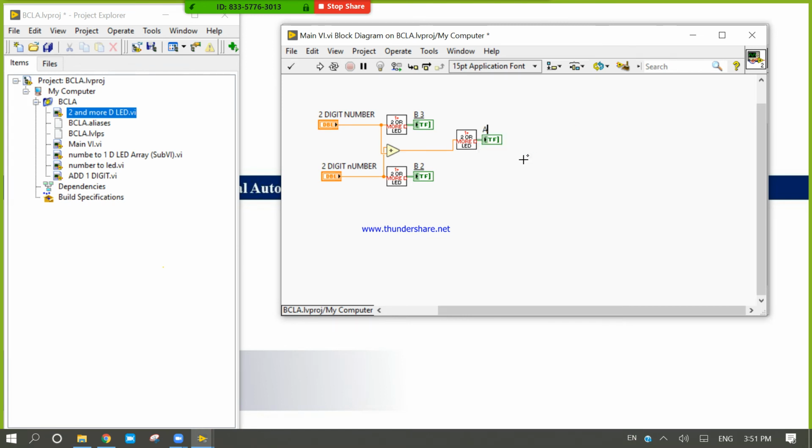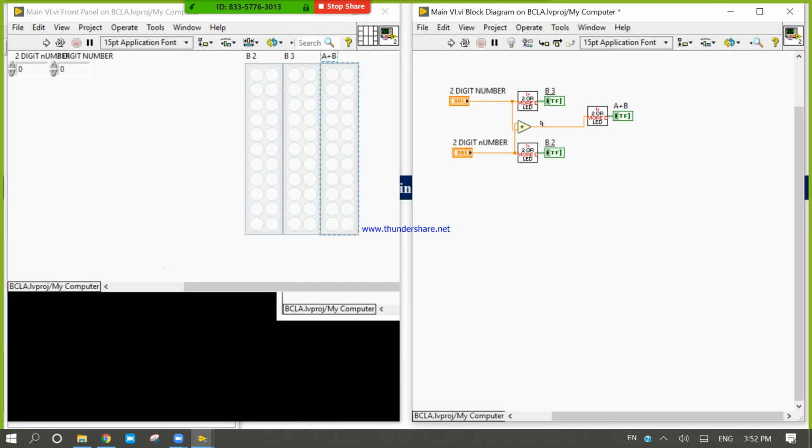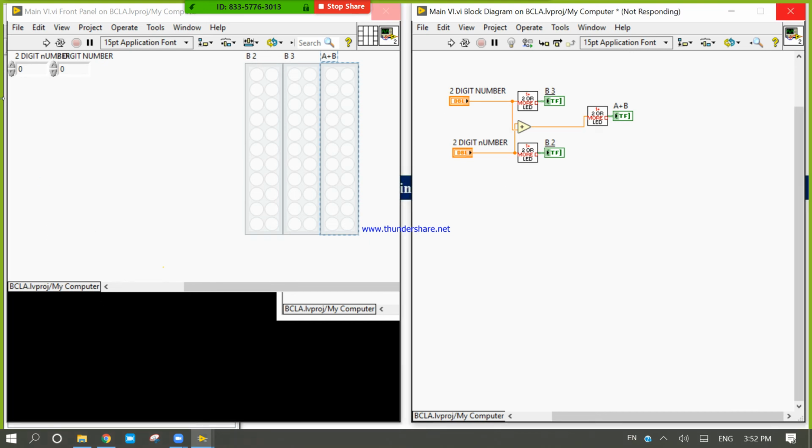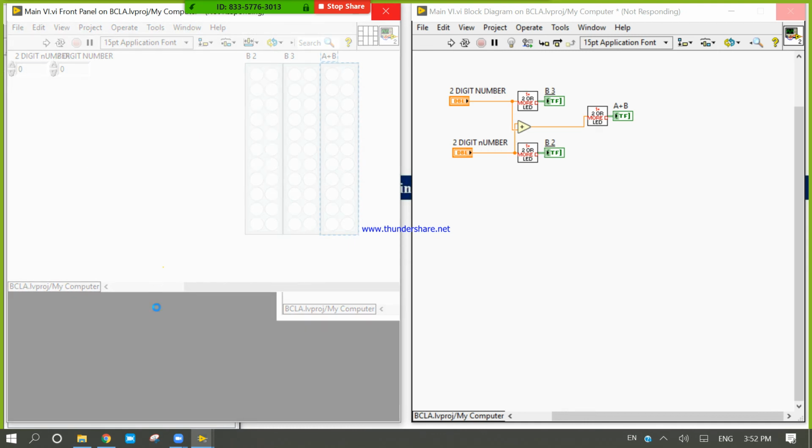Let's see. A plus B. Let's check how. Look at here. This A. Now LabVIEW is hanging on my laptop.